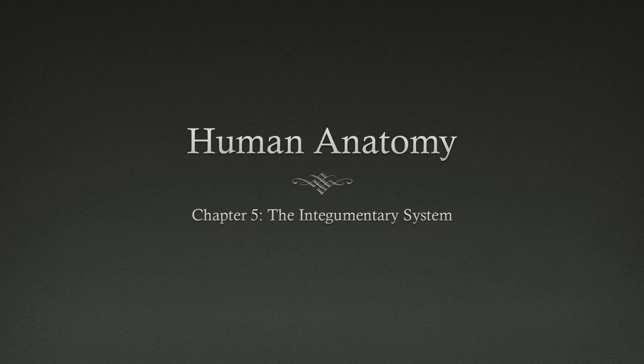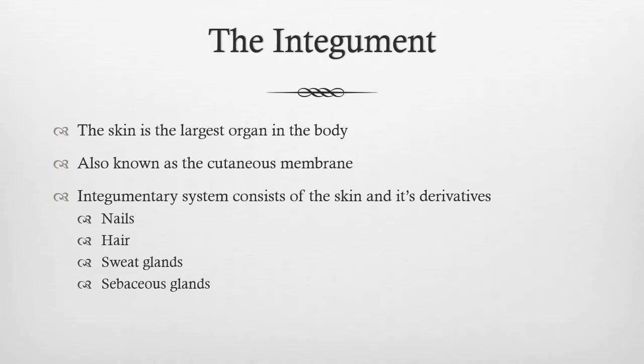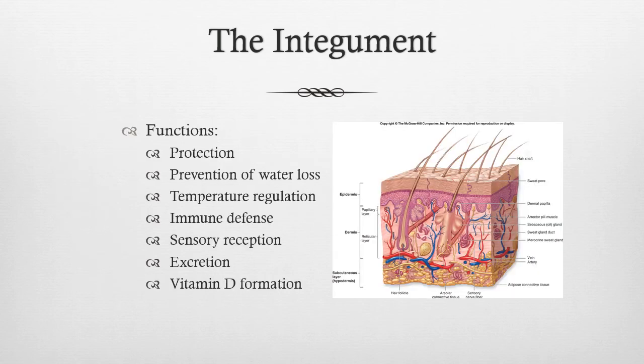We'll begin our look at our first system now, and so we'll start to look at the integumentary system. The integumentary system is our largest organ and our largest organ system. It covers essentially the entire outside of the body, including the hair, the nails, and all of the sweat glands that are associated with the skin itself, all doing its job to essentially protect everything that we have within